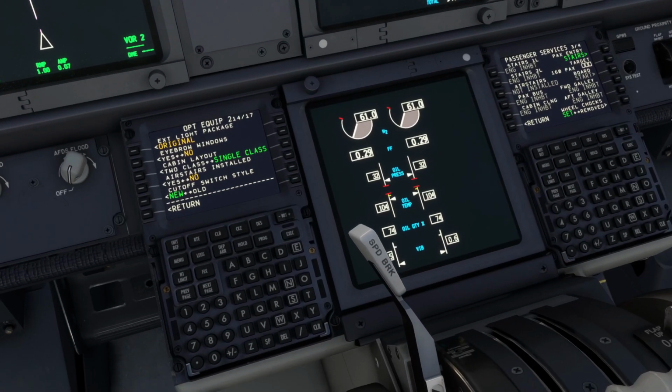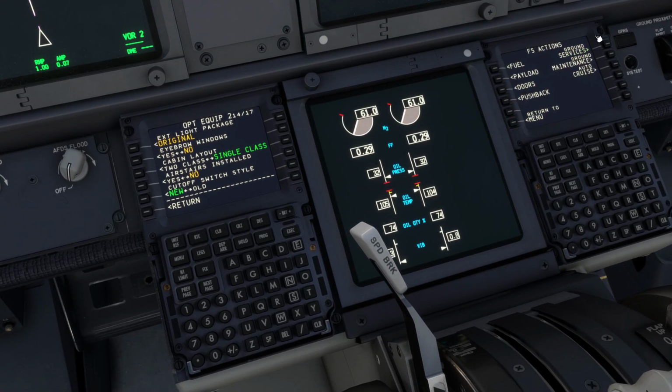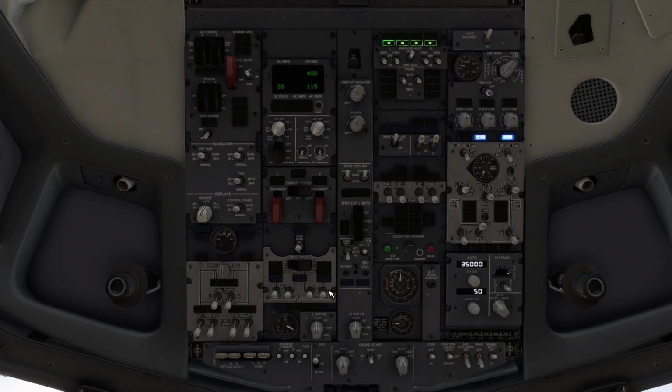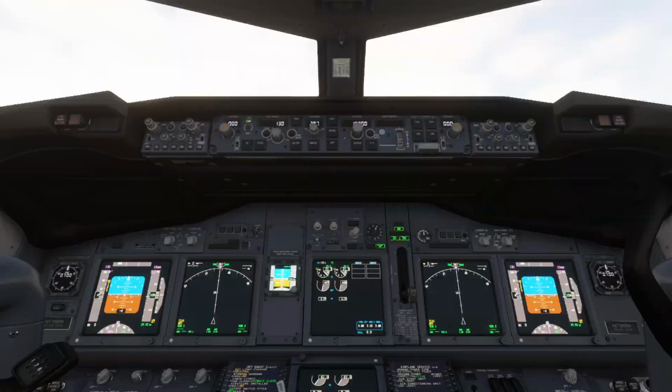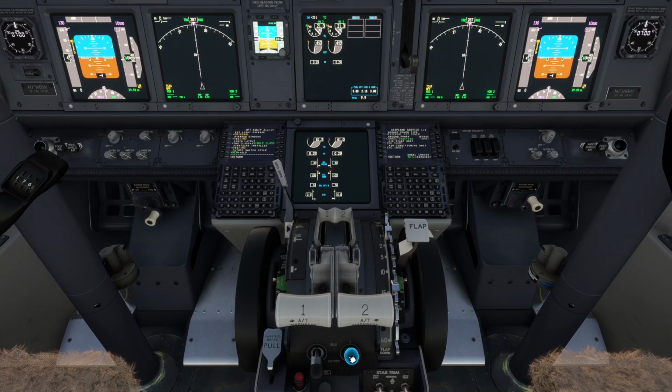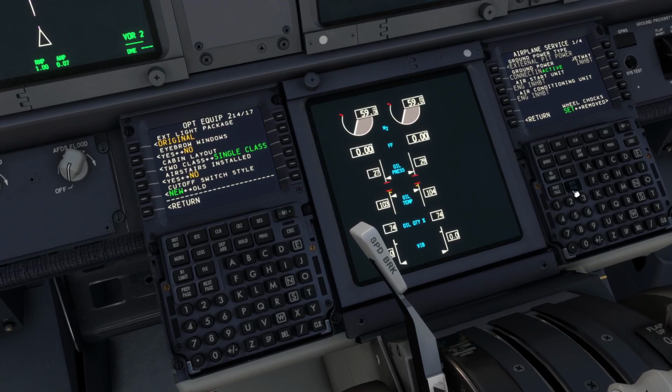I'm going to take some external power, so ground service, external power request. It is connecting. It's not part of this video, but I'm just going to connect the external power. So in this case, I can turn off the engines and show you that in this case